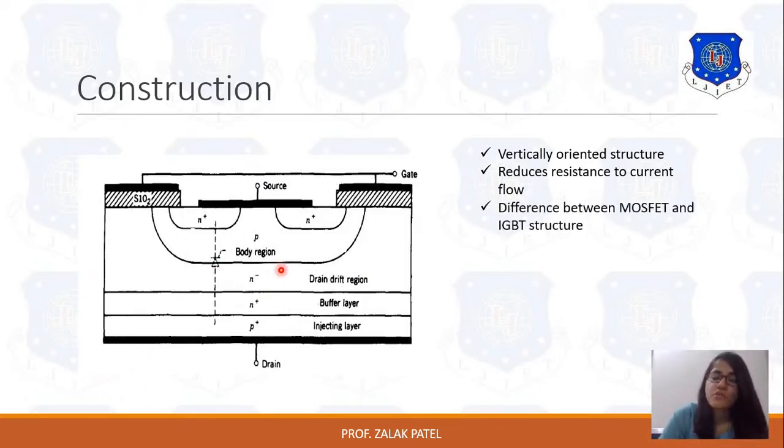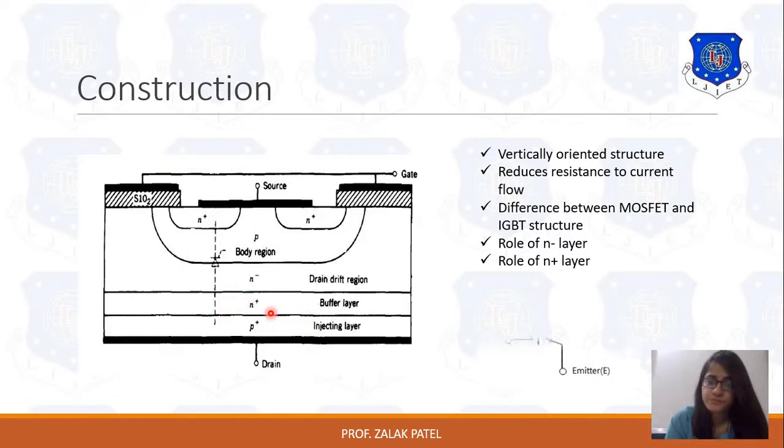Here the difference between MOSFET and IGBT is due to the on-state resistance that I already discussed in the last slide. Here the role of the N minus layer is that it can be used as a drift layer, and over here the N plus layer is used as a buffer layer. It depends on the non-punch through type IGBT and punch through type IGBT that we will discuss later on, that when it happens and when it does not happen.